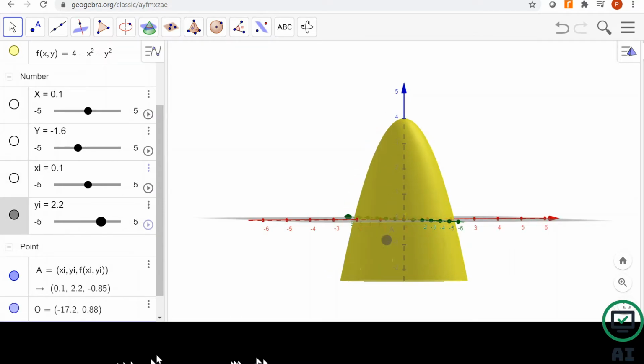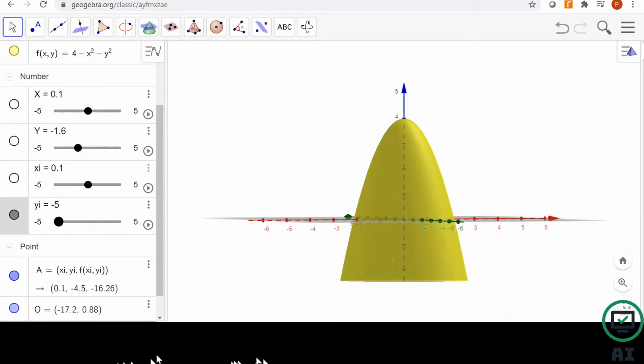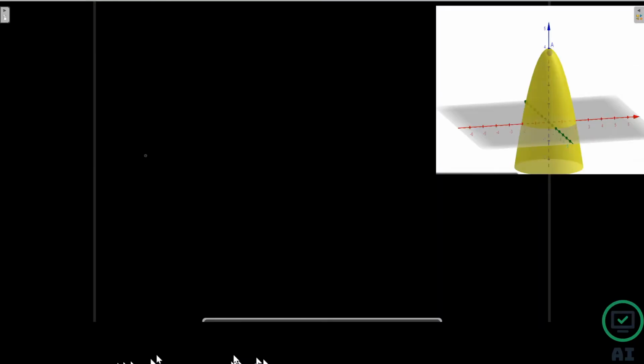So can you see here, when I have fixed the x axis and when I am rotating the y axis value, it is again giving one curve. By fixing one axis, if you move on another axis, that will also give you one kind of curve that you can visualize here. So let's go and discuss the partial derivative.